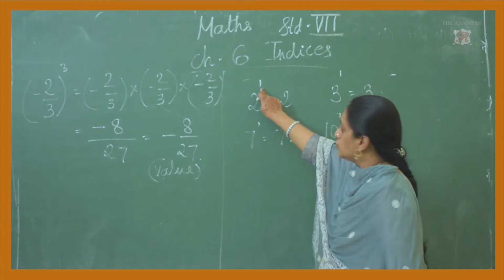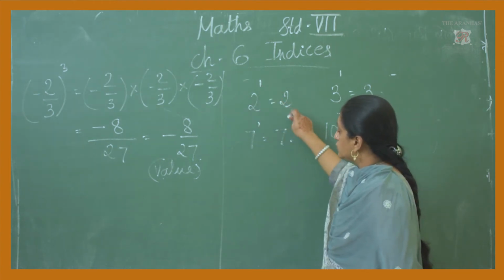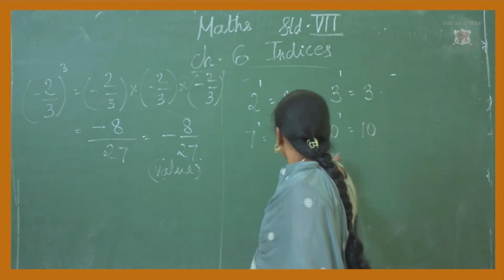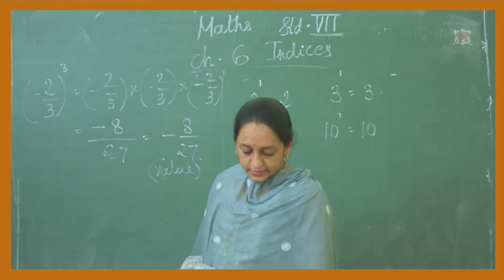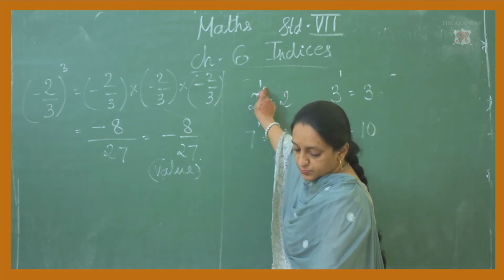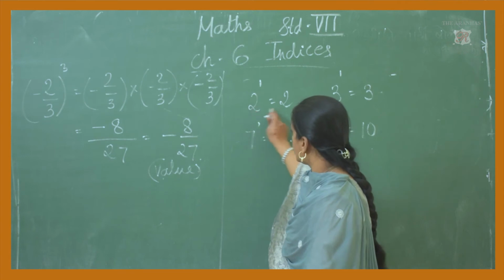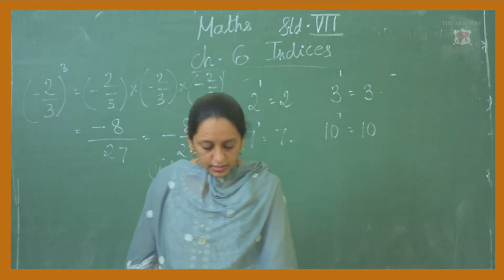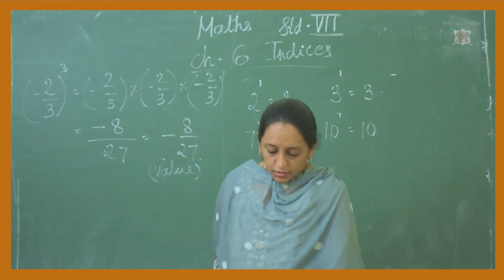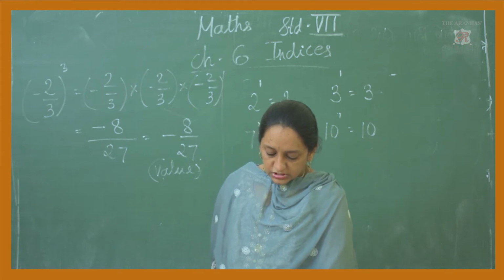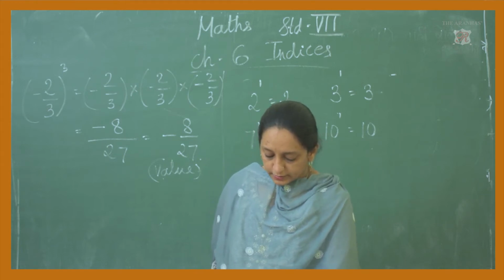Raised to 1 has no value. 2 raised to 1 means only 2. 10 raised to 1 means only 10. That they have given here in the sentence. The first power. This is called as the first power. First power of any number is that number itself. This is the sentence they have given in dark black letters. If the power or the index of a number is 1, the convention is not to write it.